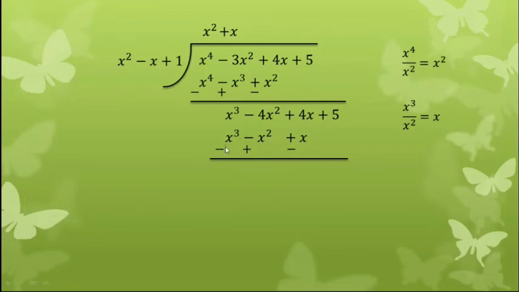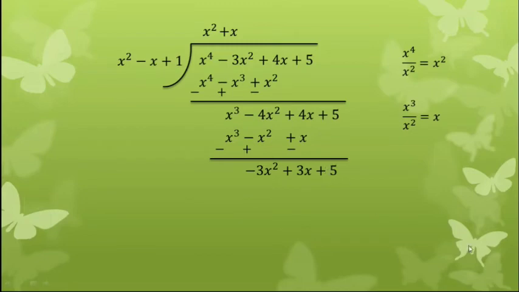So x cube and x cube both are cancelled because one is positive and one is negative. Now minus 4x square and plus x square. When we subtract, because the symbols are different, we need to subtract, so we will get minus 3x square. If the symbols are the same, if positive, we will add. If negative, we will add. If one positive and one negative, we need to subtract. So we have subtracted here minus 6 square and plus 4x and minus x, that is plus 3x, and again we will copy the plus 5.